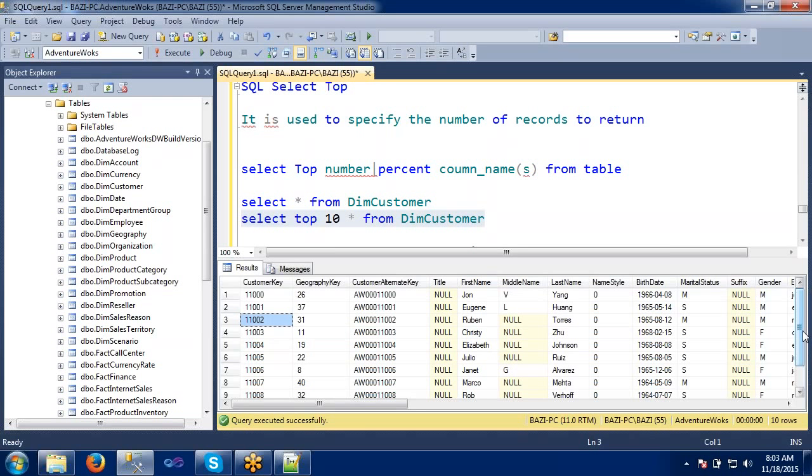It may be in descending order or some different order, but still we want to see what the top 10 records in the table are. Then how can we apply it is we can just select the top 10 from that table. By applying some conditions also we can select. Okay. This is the basic syntax of the top 10 records.